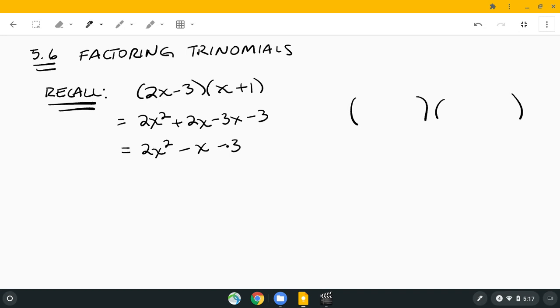Okay, and then here, this -3, which comes from here, which actually comes from here, -3 times 1. Okay, so when you're trying to figure out the terms, we know that this one times this one will give us the first term in our trinomial. And then we see here that the second term here times the second term here gives us this one over here on the end. Okay, -3 times 1. So 2x times x is x squared. -3 times 1 is -3. Okay, so